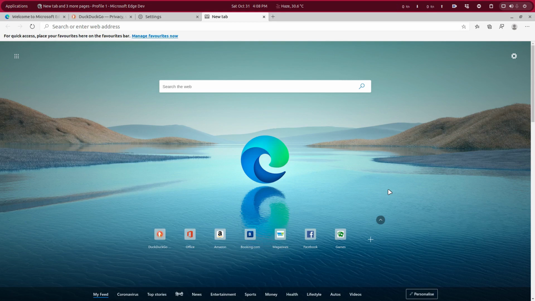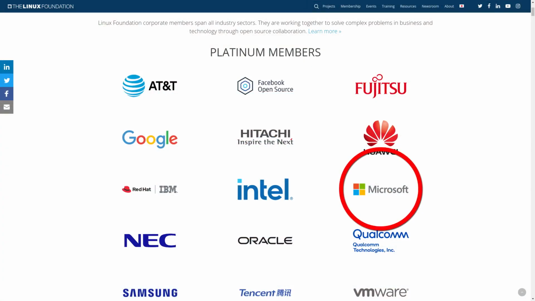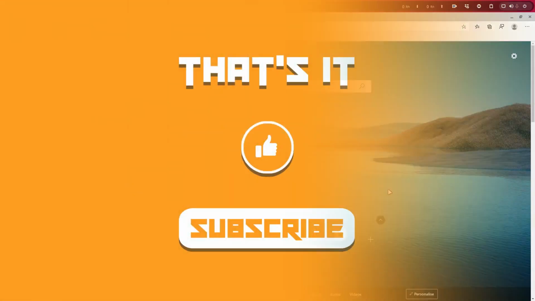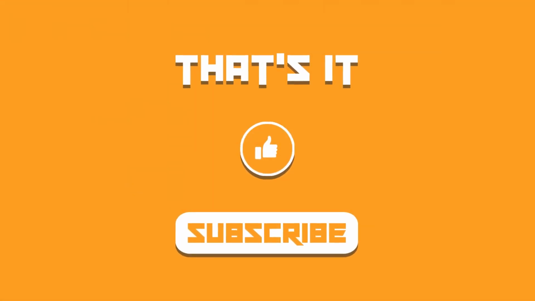If you're someone who really doesn't like Microsoft, I mean, they are a software development company and their main goal is to provide a rich user experience to the users and to make profit. And there should not be any hatred about Microsoft because they are doing some pretty good work and they are the platinum member of Linux Foundation. So they are really supporting the project. So I will be using this web browser, and let's see how it turns out.